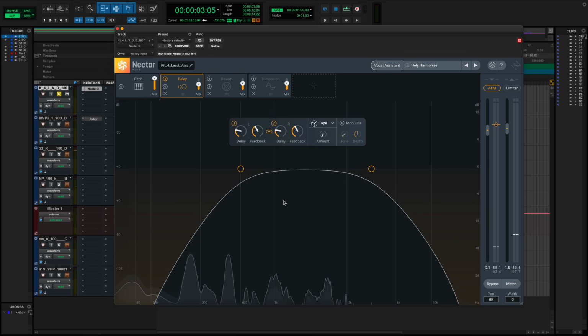So now we get a much more controlled delay sound, and we do it without having to add another EQ before or after. Everything is all built in here to Nectar 3 Plus. So that is a brief overview of the delay module. Again, we've made a lot of tutorials on how to really master this tool, but here I just want to show you what does what and how things work. Let's move on to the reverb.